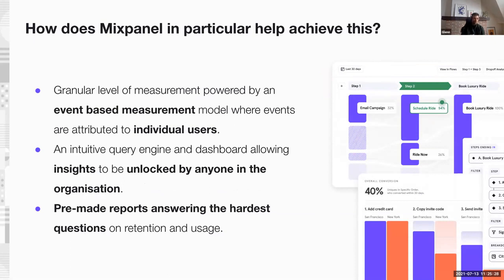On top, there's a very intuitive querying engine and dashboard that allows insights to be unlocked by everybody in the company. One of the elements that I like very much with product analytics, especially Mixpanel, what they do very well, is actually democratizing insights. There's a whole debate going on in the industry that everybody needs to be data literate and everybody needs to know SQL. It's good if you know SQL, but it's even better if the product that you're using skips the step for everybody to become super technical, right?